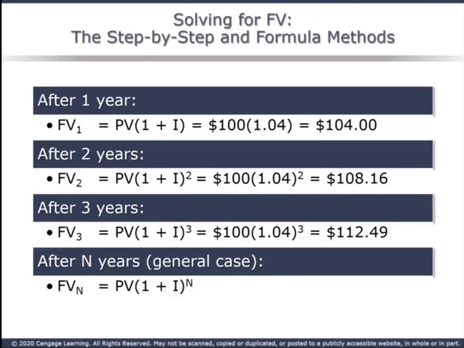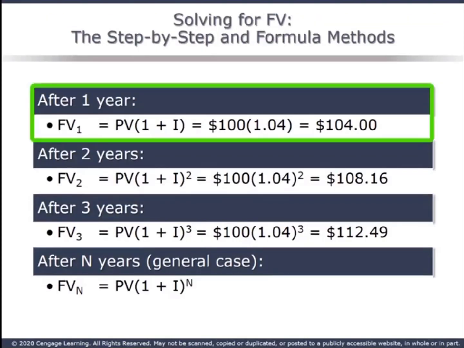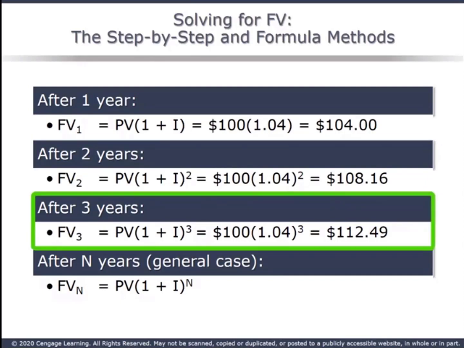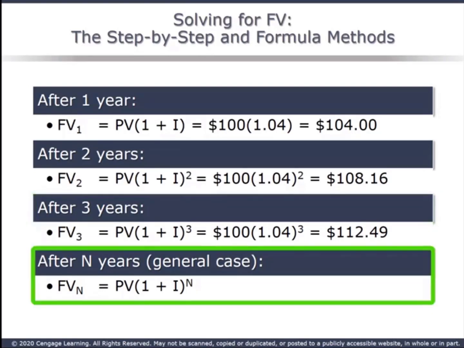Taking a step-by-step approach. In year 1, the $100 at 4% earns $4, so now you have $104. In year 2, the 104 at 4% earns $4.16, so you have 108.16. In year 3, the 108.16 at 4% earns $4.33, so we end up with 112.49. The general case: 100 times 1.04 raised to the third power is equal to 100 times 1.124864,